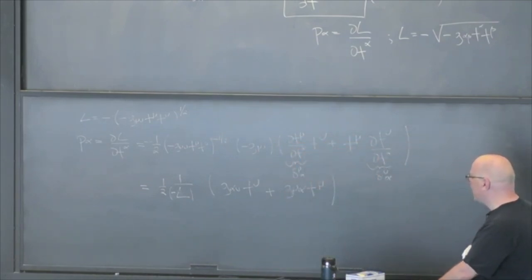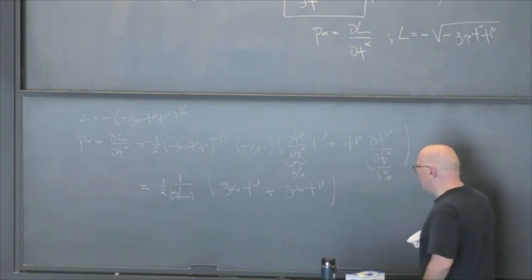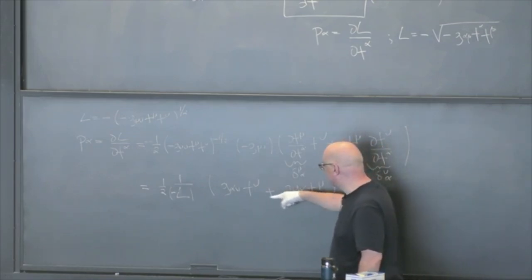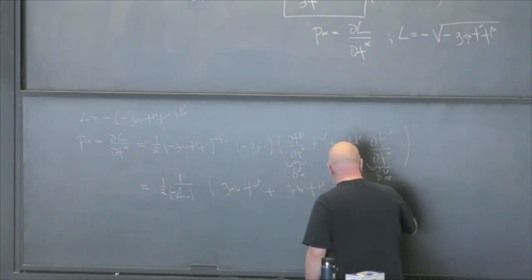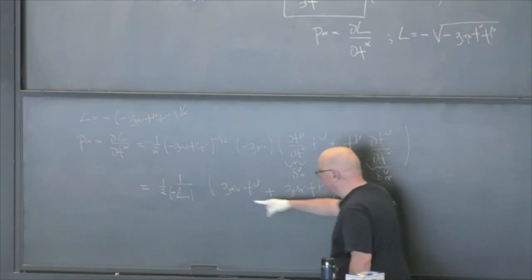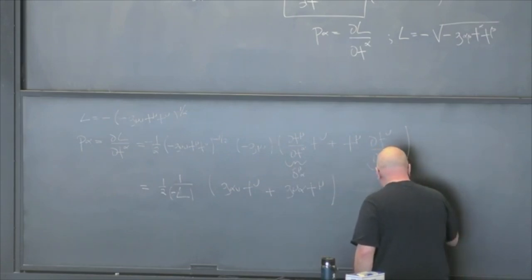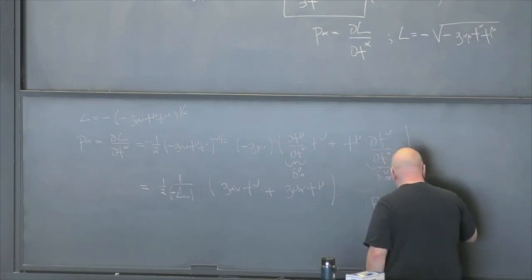And I hope you can see here that I'm just lowering the index in both cases, and I get twice the same thing. So in the end, my p vector, my momentum vector, is going to be, I kill the 1/2 because I have twice the same thing, I get 1 over minus L times